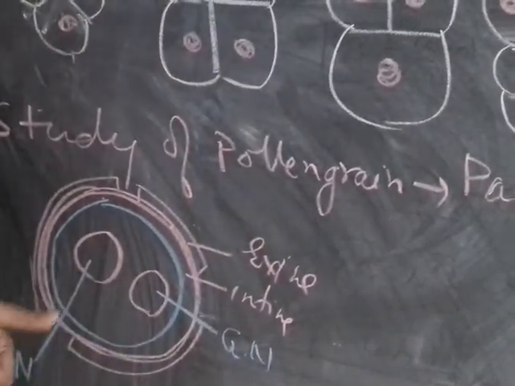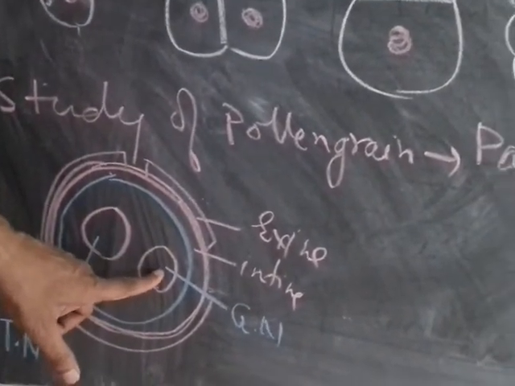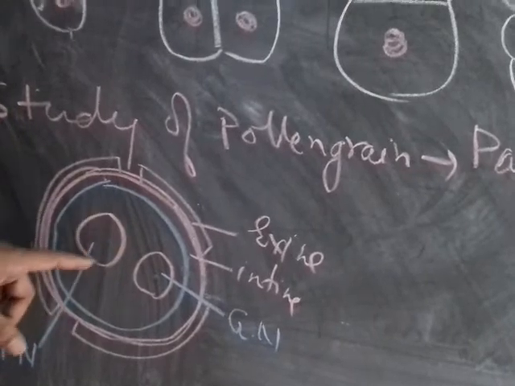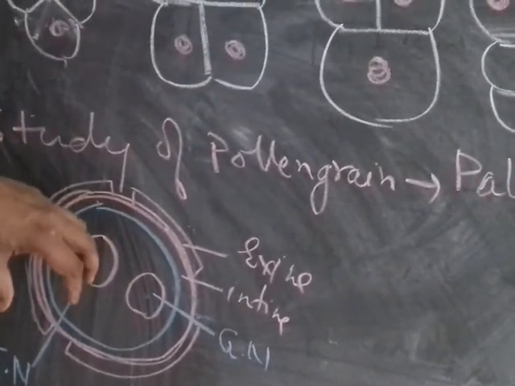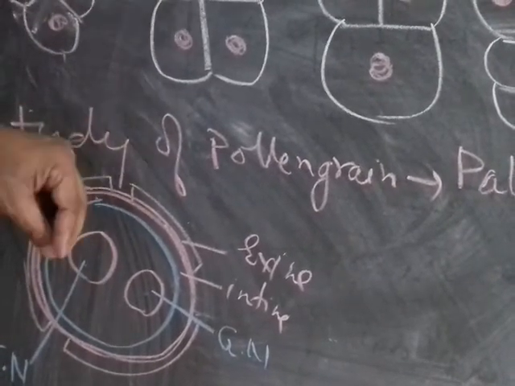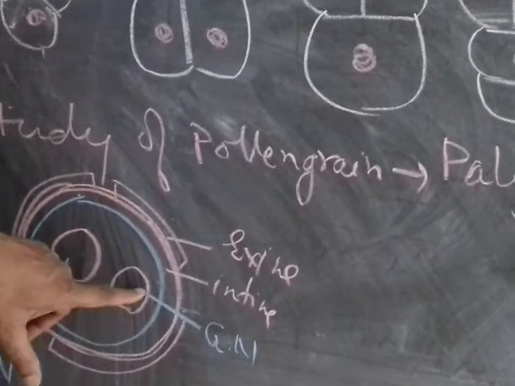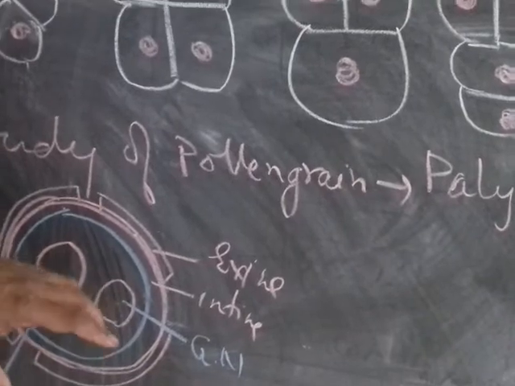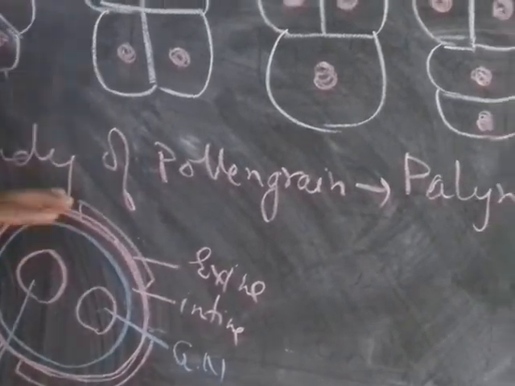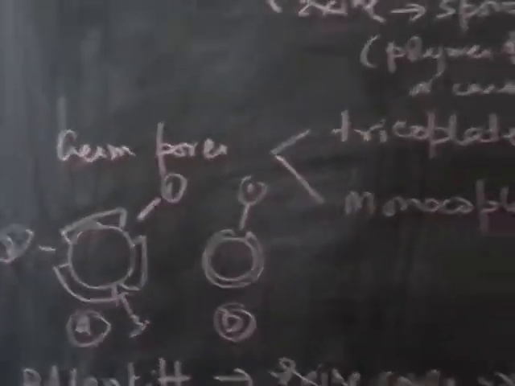There are 2 types of nucleus. One is called the tube nucleus and the other is the generative nucleus. The function of the tube nucleus, we'll know later on, is mainly to direct the formation of the pollen tube towards the micropyle of the ovary after the pollen-pistil interaction. Whereas the generative nucleus divides later on to form the 2 male gametes. We'll study in the next chapter the germination of the pollen grain and also the process of pollination and